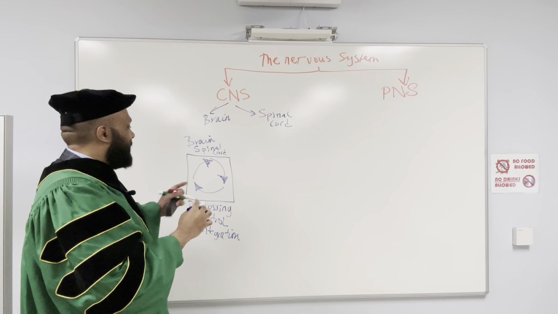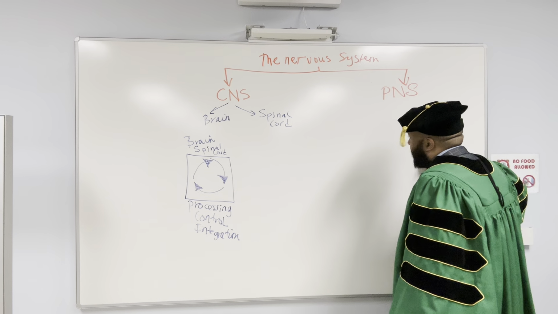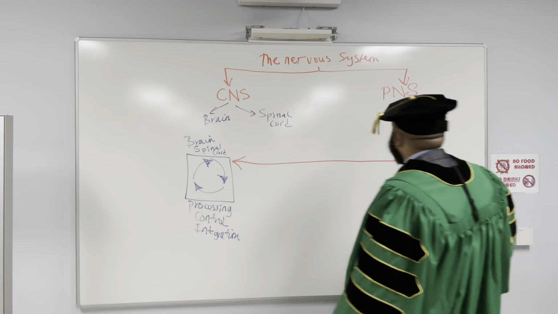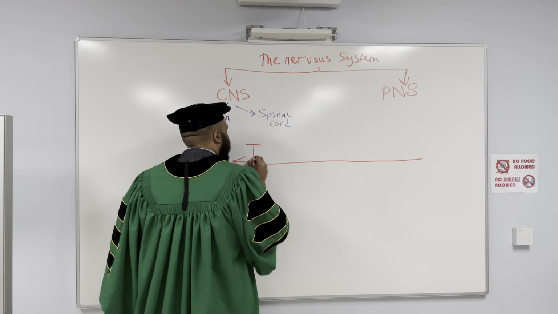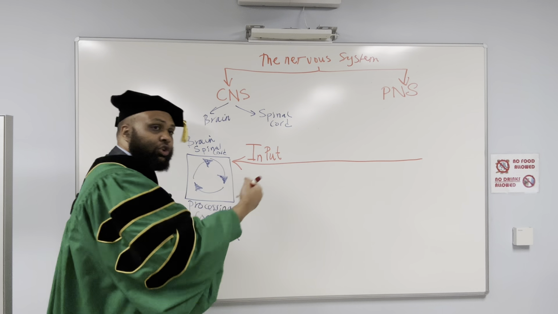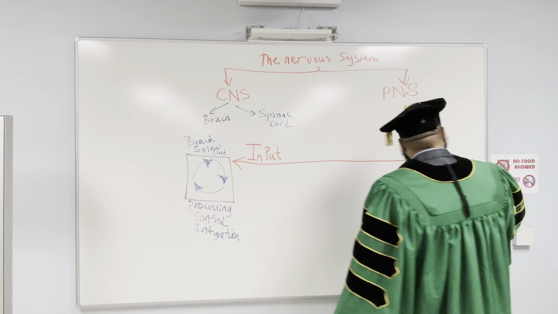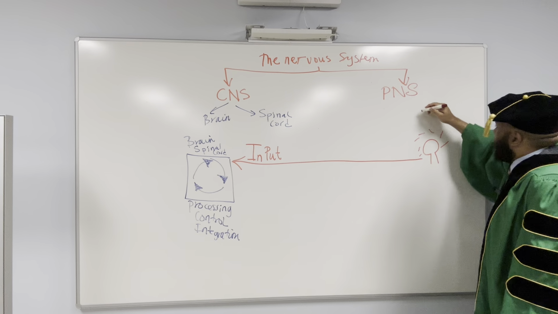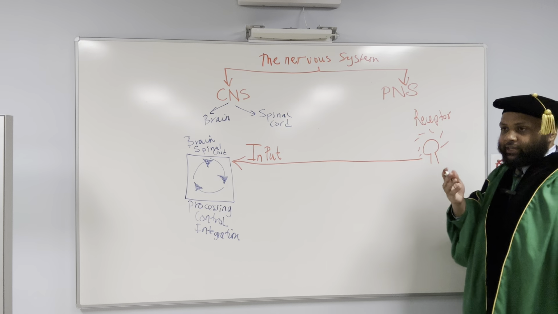So that's a whole division. The other division is the one that brings in the call. What is that called? This is input because it brings in to the inside. That's an input signal because it's going toward. Where is it coming from? It is coming from a receptor. A receptor is the one who detects the outside stimulus.